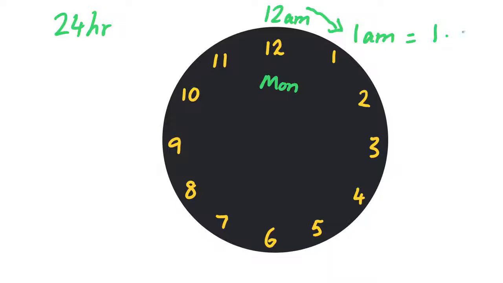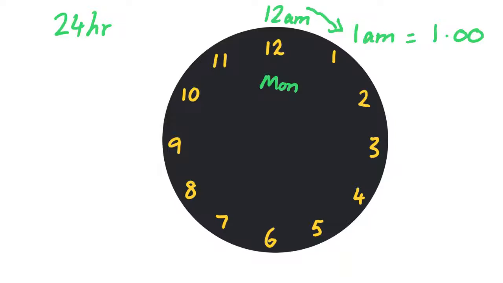Okay, we're going to talk about 24-hour time. So as we know, the start of the day, let's say it's Monday, okay? Monday starts here at 12 a.m. And as soon as we go past 12 a.m., it's now no longer Sunday, it's Monday. So this is the first hour that's gone by. So we could call that 1 a.m. Or if we wanted to talk in 24-hour time, that would be 1 hour, like that.